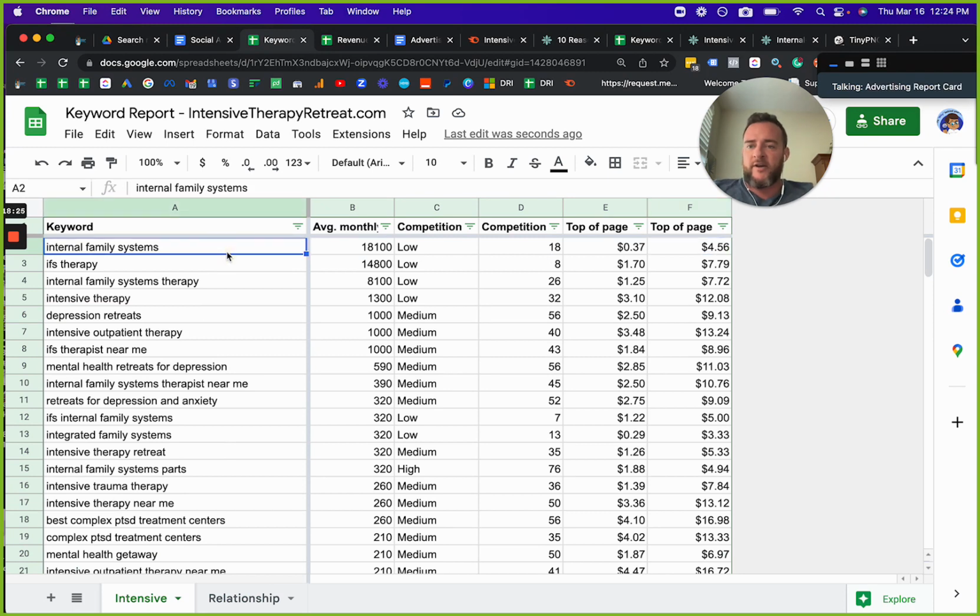So what we have here is a keyword report pulled directly from Google, showing us a few different types of keywords that we're looking at as far as the general keywords for the industry, internal family systems. We have a lower cost per click because it's more of a general term with a lot of different fixes to it. It's also very competitive in the sense that it has a lot of monthly searches. So even though you see low competition, it's only because there's so many searches that there's only so many people bidding on it. So there's like dilution on the competition side when it comes to who's paying for ads.